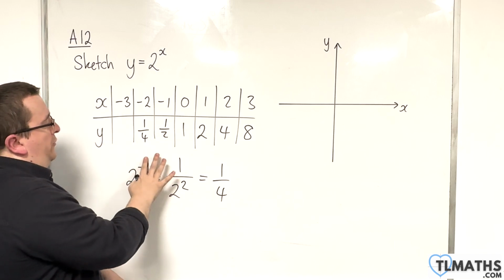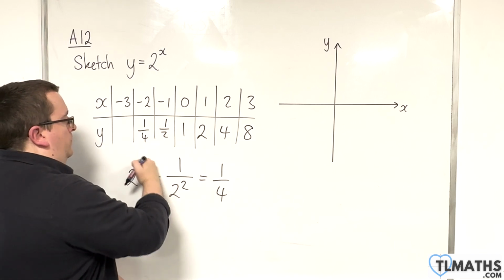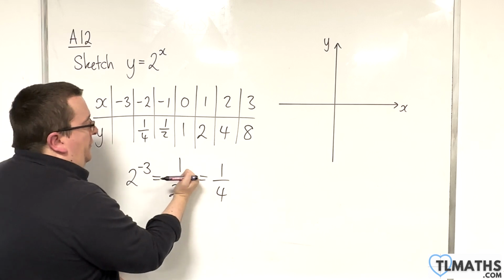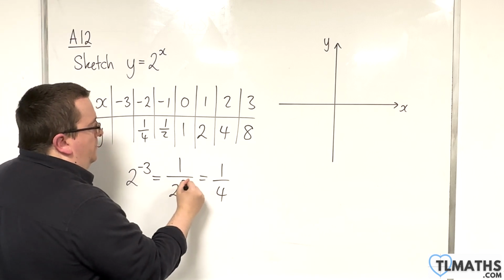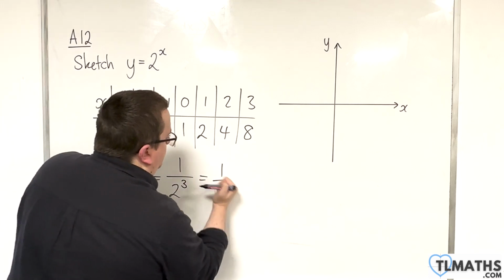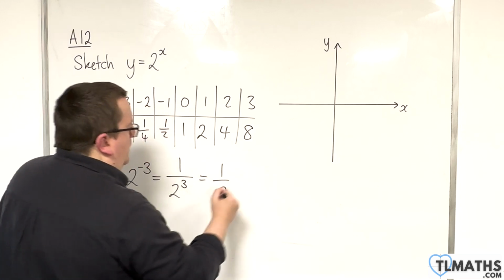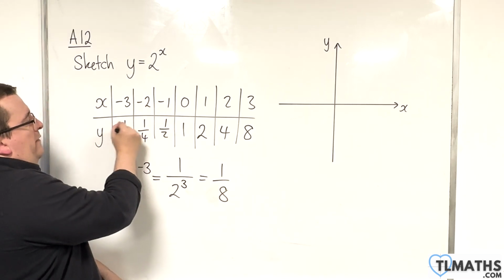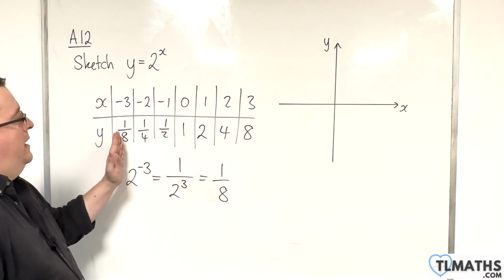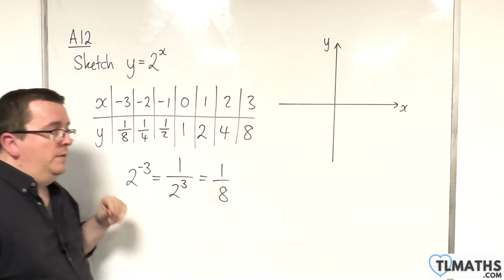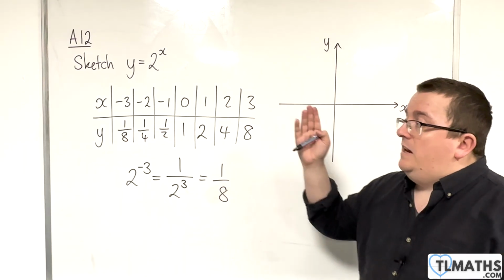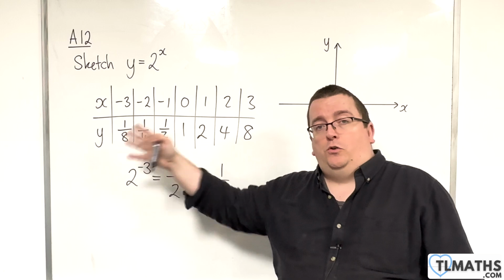When x is -3, that's the same as 1 over 2 cubed, and 2 cubed is 8. So we have 1/8. And so as you go back in this direction, you're going to get 1 over 16, 1 over 32, 1 over 64,